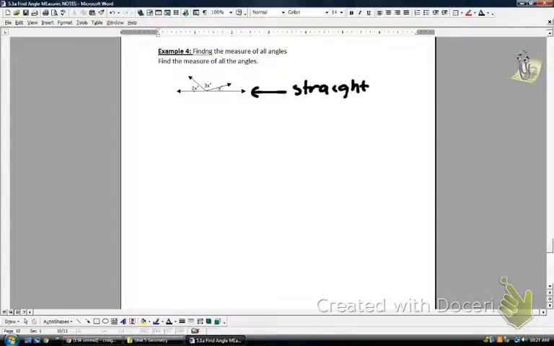And I know straight angles are 180 degrees. So here is the thought process going on inside my head. The angle that's 2x plus the angle that's 3x plus the angle that's x adds to 180